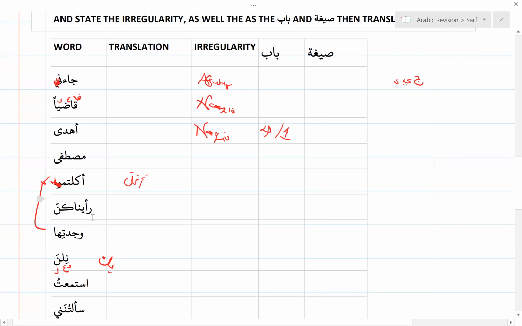Now let's come to ra'ayna kunna. Let's remove all the attachments. Kunna is the attachment, like antunna kunna. So get rid of that. What else do we see? Ra'ayna. What version is ra'ayna? Nahnu version. So let's take it to the Hua version. The Hua version is going to be ra'a. Then we ask ourselves, the fa letter, do we see any irregularity in the fa letter? No. We go.